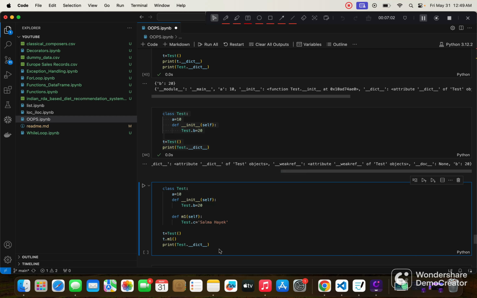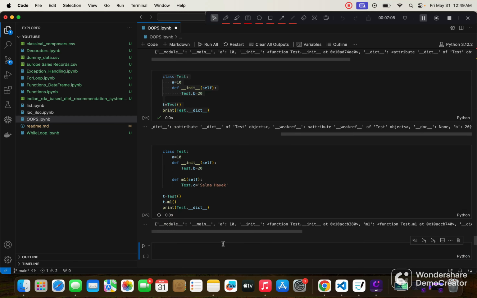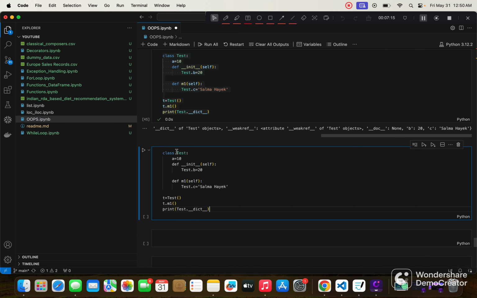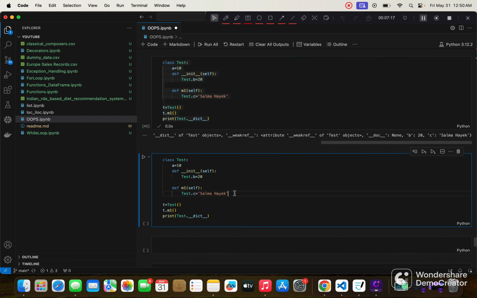After calling this, let's see now what are the different variables inside the class. A is equal to 10, b is equal to 20, and c is Salma Hayek. So this is the third way, inside the instance method. Here the fourth one is